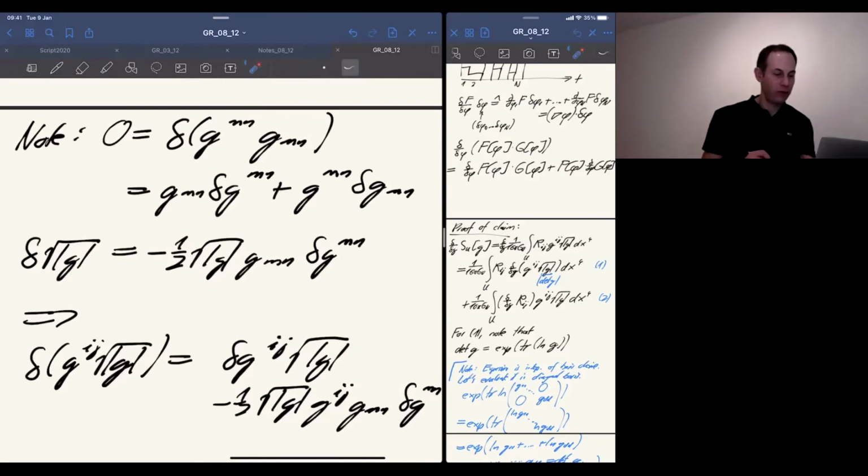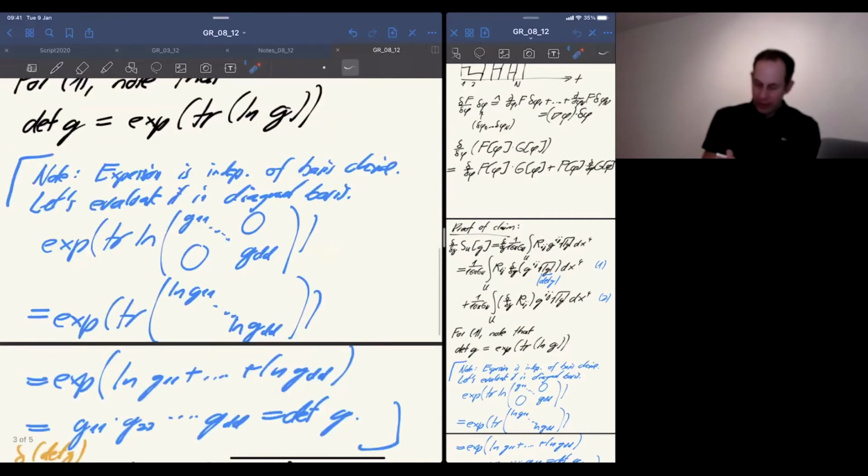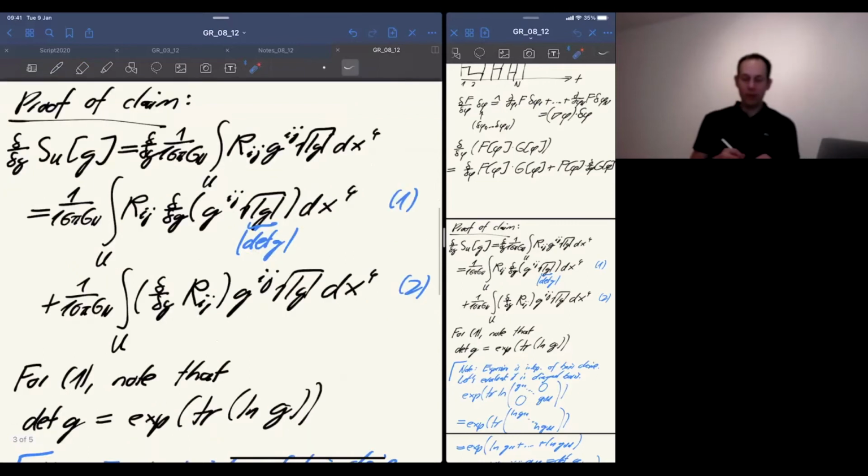Okay, see there's one in the chat. It says, when we use the chain rule for functional derivatives, don't we need to add an extra integral with respect to the usual chain rule? For example, when computing delta det G. Okay, I'm not quite sure I understand why you think there should be an integral. I think I see what the problem is. Yes, now I understand the question.